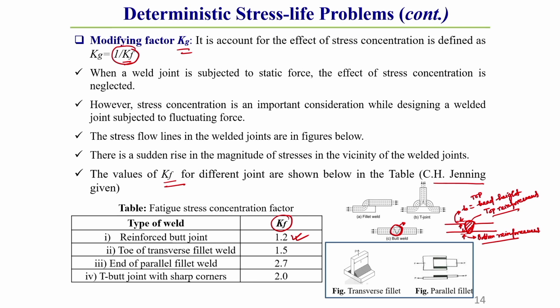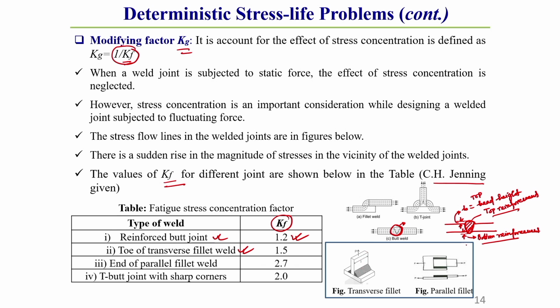So, this Kf value you can directly consider in your endurance stress calculation, depending upon the type of weld joint. Like for reinforced butt joint, its value is 1.2. For toe of the transverse plate weld, you should always keep it in mind, transverse plate weld means